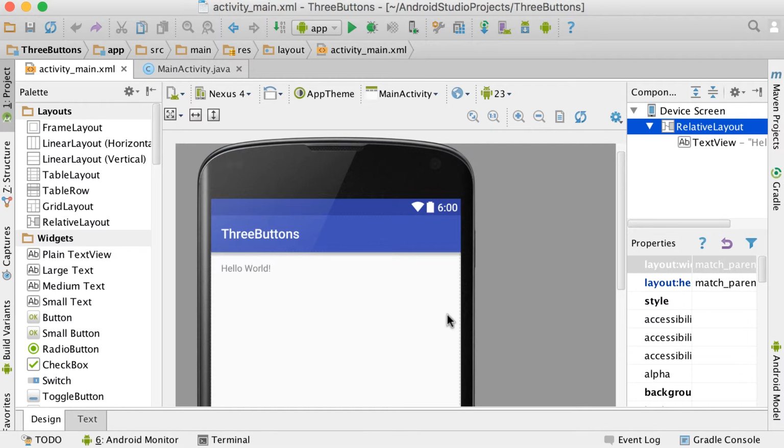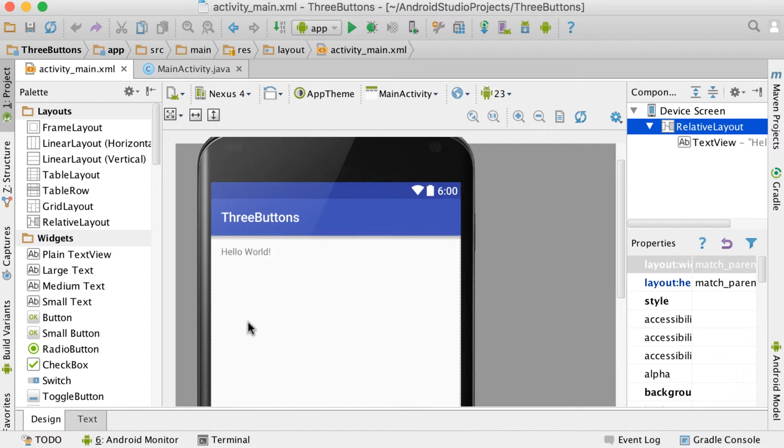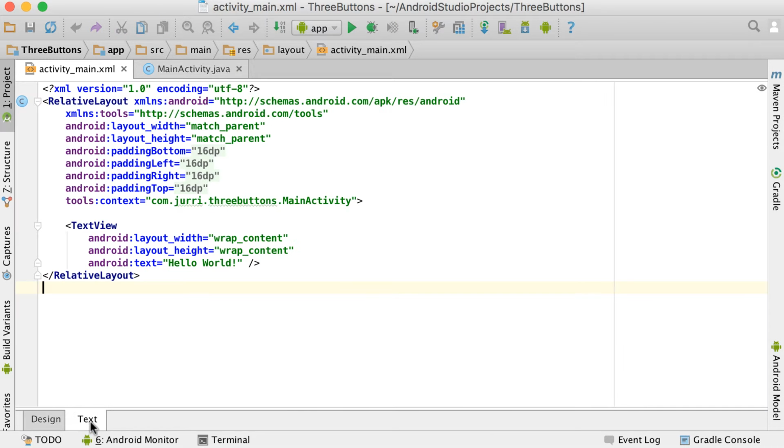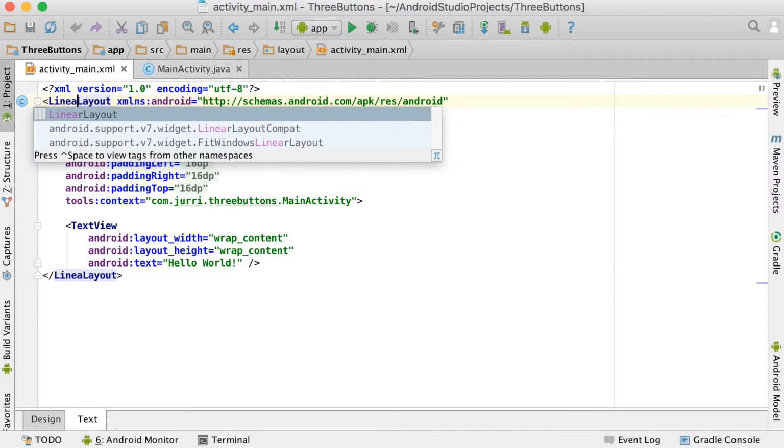In this video, I'm going to show you how to handle clicks on buttons in 3 different ways. So in order to do that, I'm going to change my relative layout. So this is just the main activity with a blank activity main XML. I'm going to change the relative layout there to a linear layout, and just make sure about the spelling there